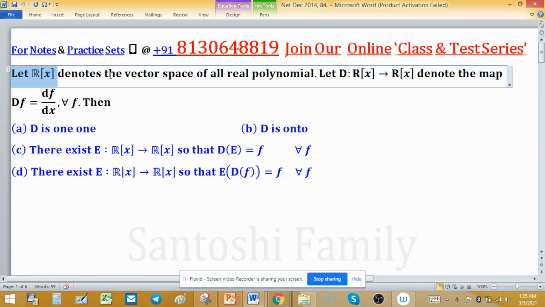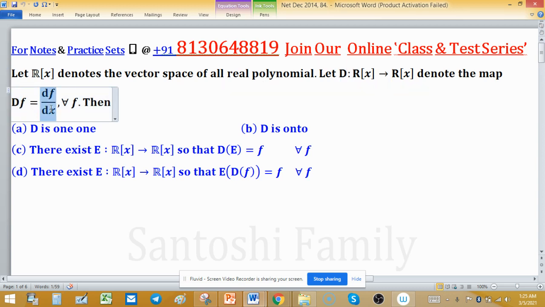Let R[x] denote the vector space of real polynomials. Let D be defined from R[x] to R[x] denote the map D(f) = f', the derivative of f, for all f. Then which option is true: D is 1-1, D is onto,